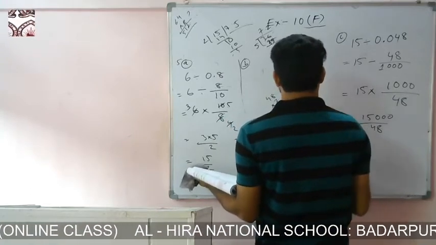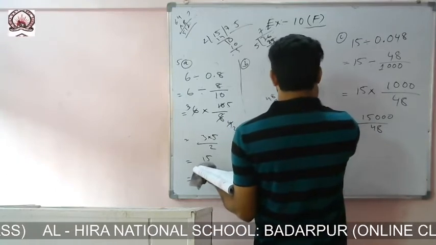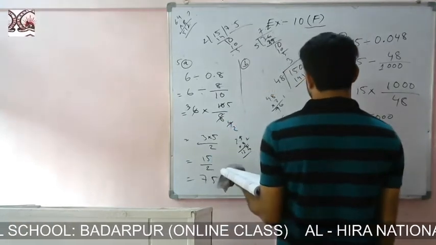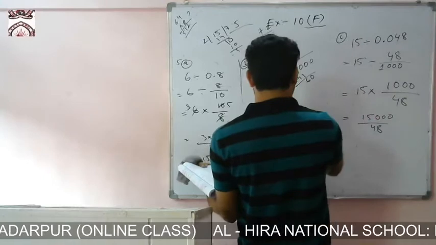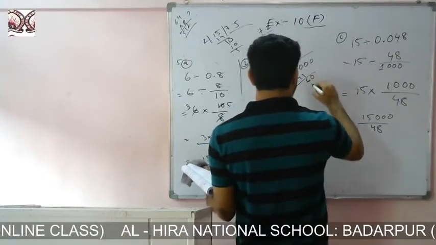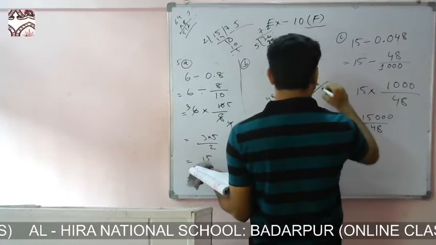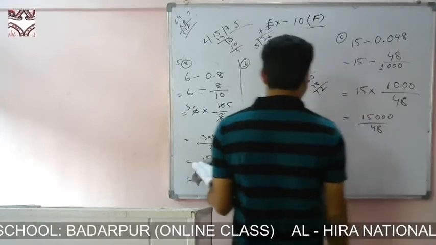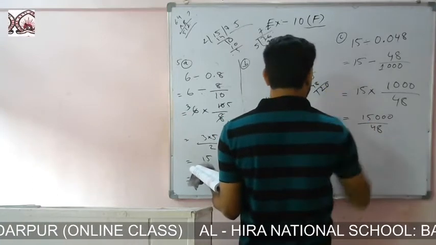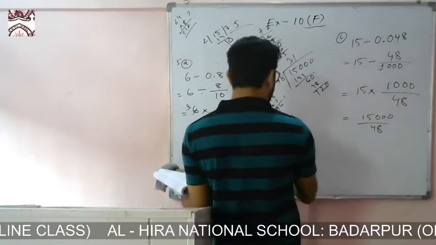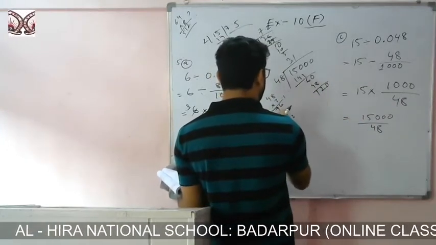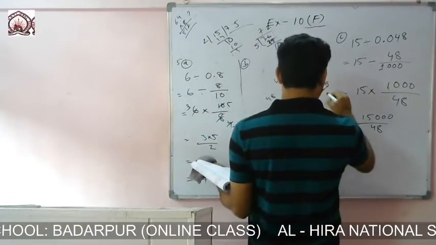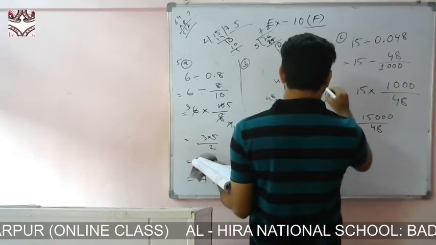Here remain 5, 4 minus 4, 0, 6. Not divisible, so we'll take 60. So 60 in place of 60. 48 into 1 is 48. Okay. After that, here 10 minus 8, 2. Here remain 5. 5 minus 4, 1. 12 not divisible, so we'll take 20. Now 3 into 144 and 2 into 96. 48 2s are 96. 48 3s are 144. Oh sorry, only 96. Okay. Then here remain what?